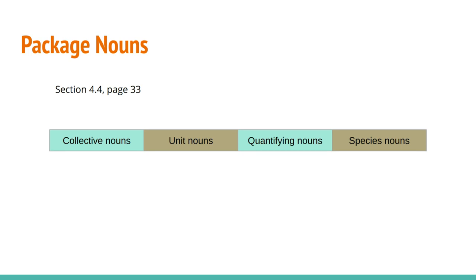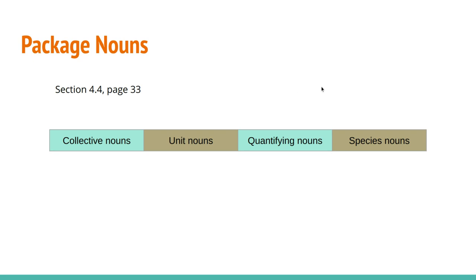And one final note, which is on package nouns. That is section 4.4 on page 33. There's a lot to say about package nouns, but I don't want you to focus on the details. I don't want you to focus on these four subcategories. What I would like you to know is that most of them, with the exception of some collective nouns, but collective nouns are pretty easy to recognize because they are pretty similar to the ones we use in Spanish. For example, family, audience, crew, police, staff. Those are collective nouns, right? But most of them, except those,